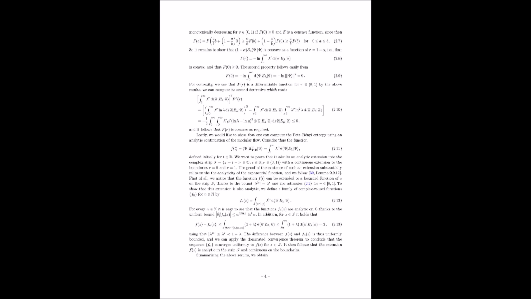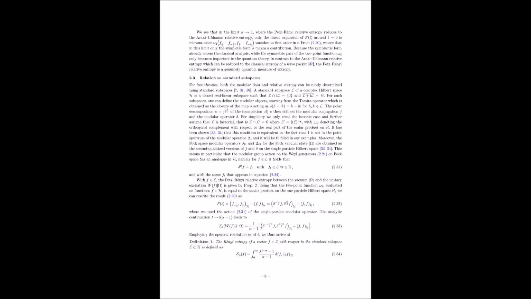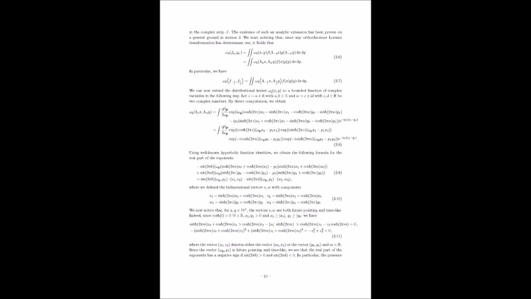It really is. And they use this connection to derive a specific expression for the Petz-Rényi entropy in this scenario. It's presented in equation 3.12. Equation 3.12. And that equation involves integrals over the two-point function of the scalar field, and it shows how the entropy changes with the parameter alpha. So we've come full circle, started with these abstract definitions and ended up with a formula for a real physical system. What a journey. It has been quite a journey. And this example really shows how powerful modular theory and relative entropy are for exploring the quantum nature of fields, even in the context of curved spacetime.